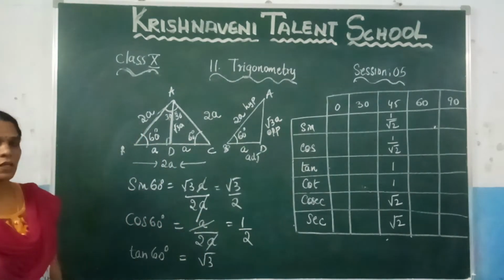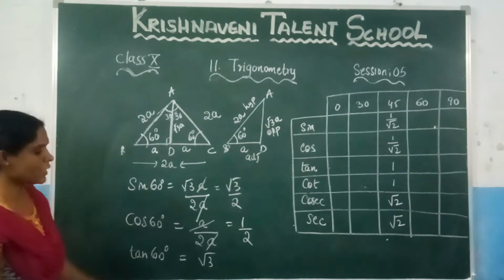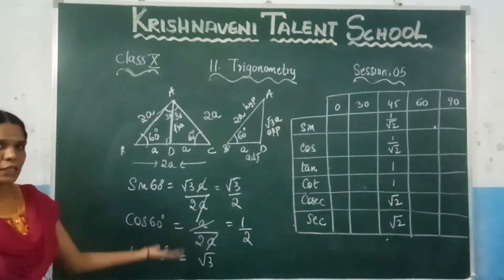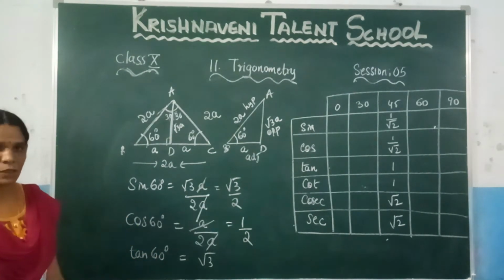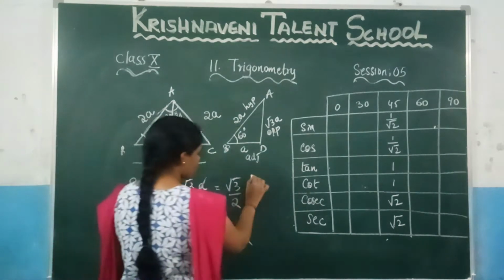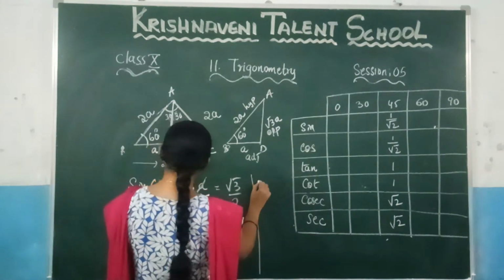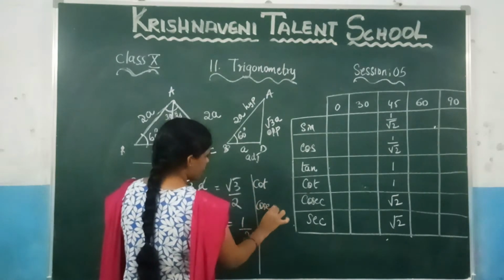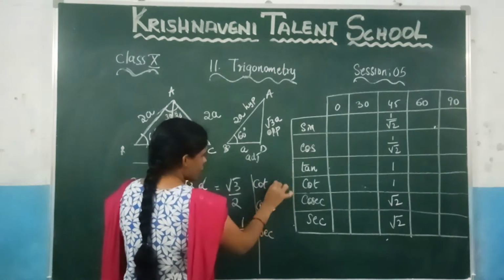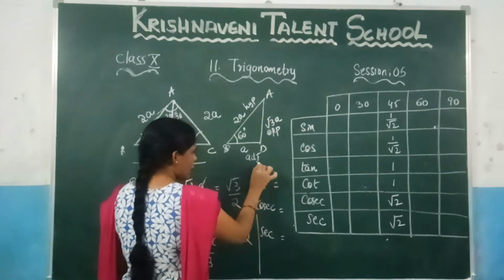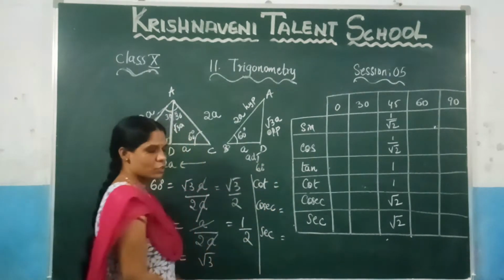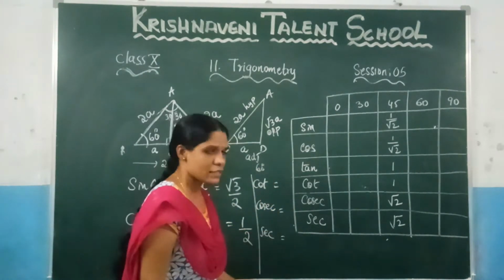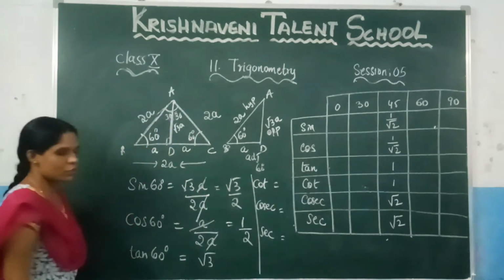Directly you can find it. Now again, if you know these three, you can find the other three trigonometric ratios by taking the reciprocal. So let us write those two, and the next one, which is nothing but cot, cosecant, secant. Since the space is not sufficient, I am talking about 60 degrees. Cot 60, cosecant 60, secant 60. So let us write those values.